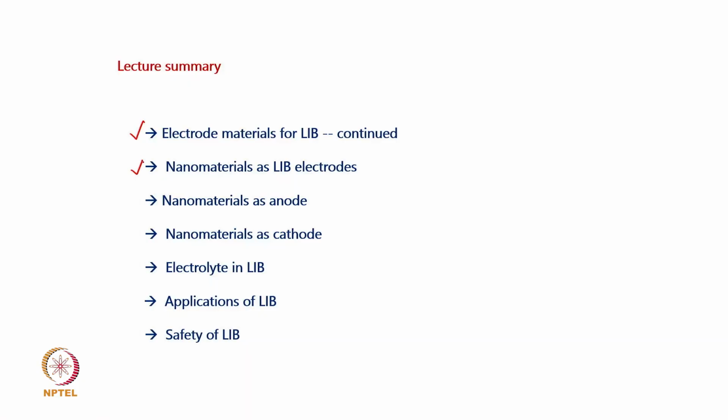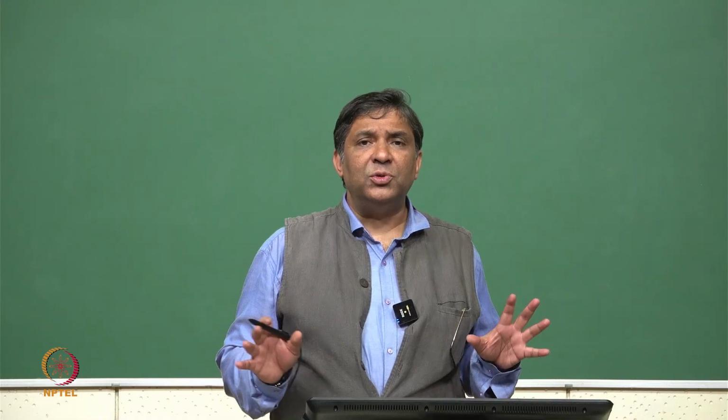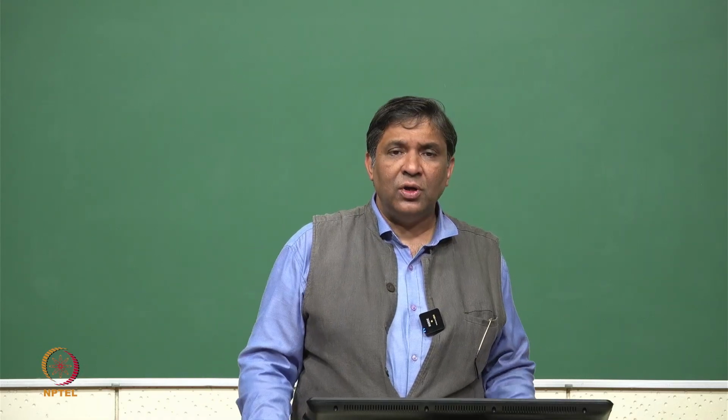And then we addressed the issue of what advantages we see, when we go from bulk material to nanomaterial, in terms of the performance of the electrodes. We discussed different nanomaterials, different nanomorphology as anode and at cathode. We have also made a comparison: a nanoparticulate system, a nanorod system, a particle system but with some sort of coating, or a branched morphology. These are all morphologies which people have worked with.